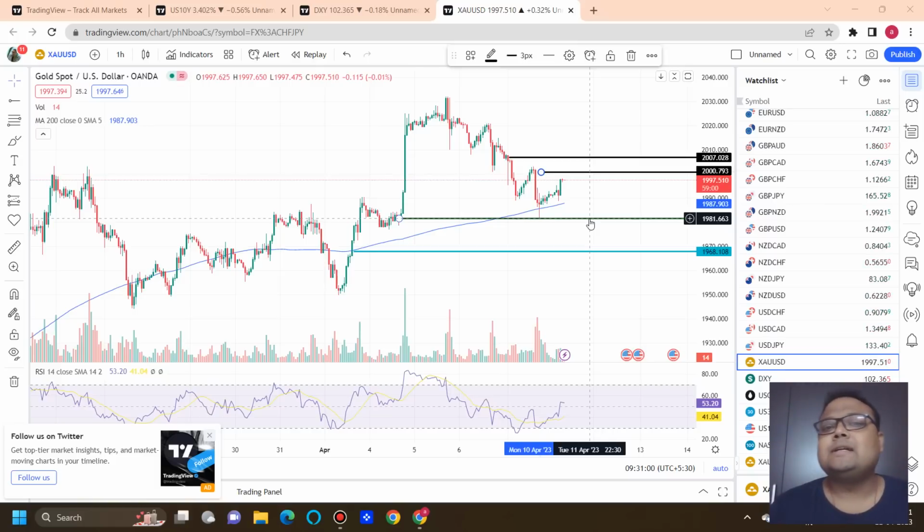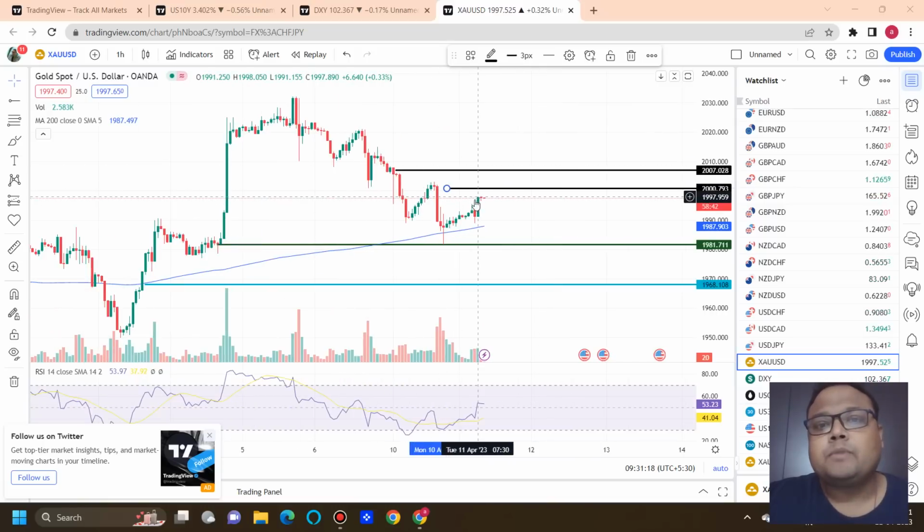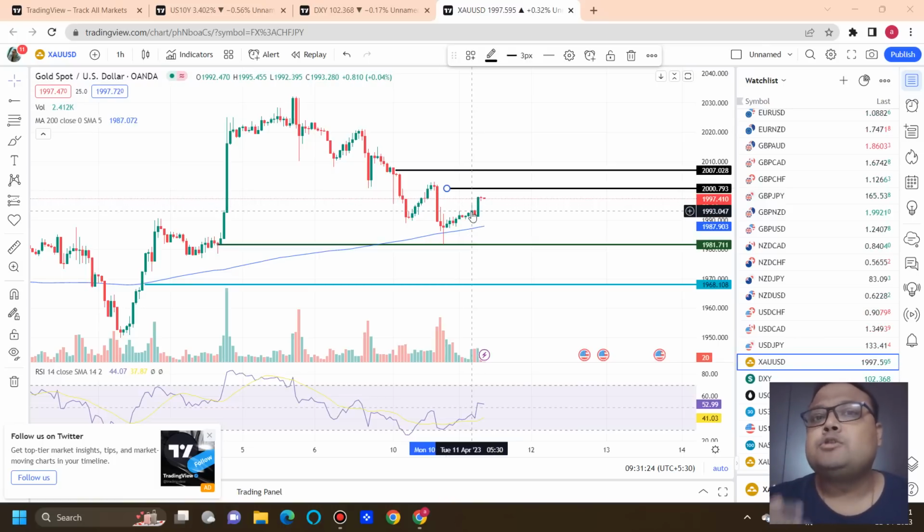In the form of resistance, or the sellers, we have the best level around 2007. If the market reverses, we can go for a sell. Before 2007, we have another resistance around 2000, 2001. But we are skeptical about the 2000, 2001 level, because recently we could see the market form a green candle, so the buyers are present in the market and it may not work. Time will tell. After a few hours, we'll get to know whether the level works or not.